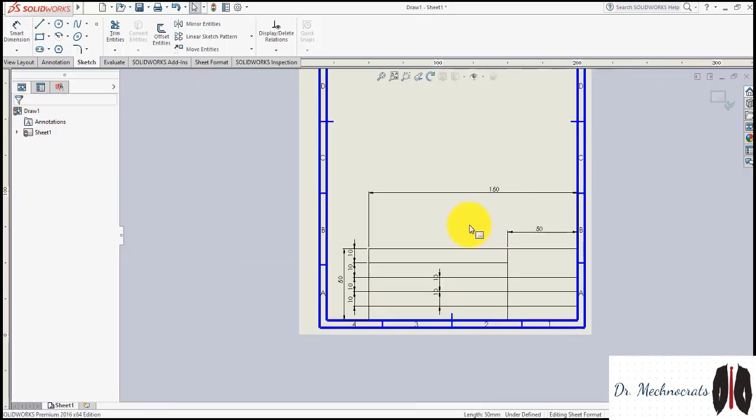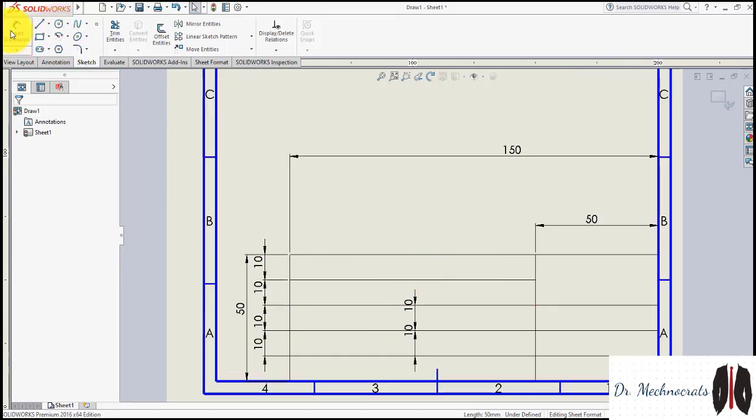Here what you have to do, in the first column you have to write down your UIDs. Now see, the sketching to draw the lines, to erase the lines, to make the circles, hexagons, we have to use the sketch mode.